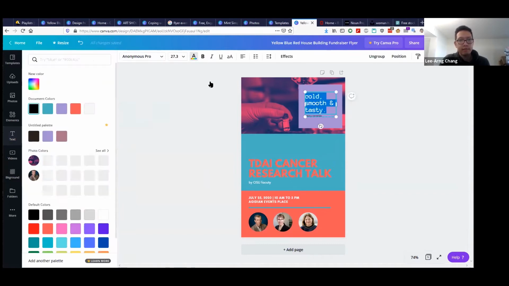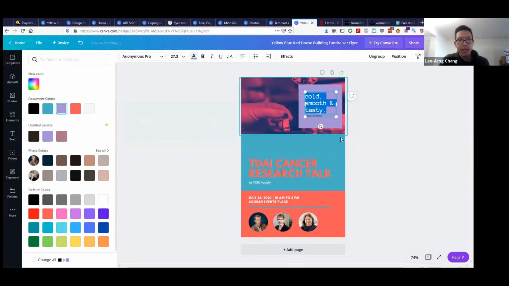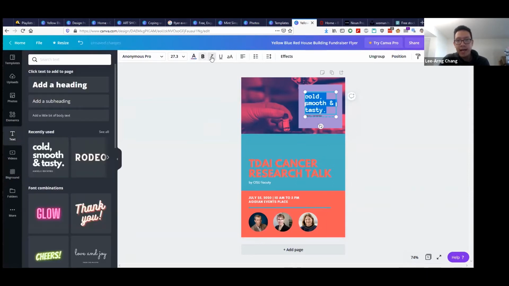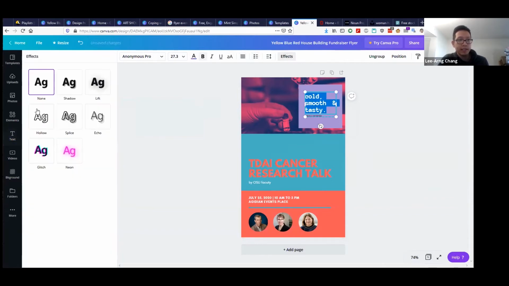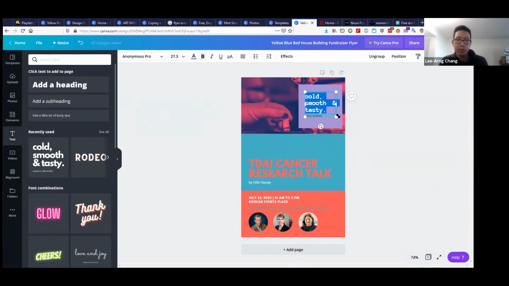Again, lots of different options here: changing the color of the text, making it bold or italic, changing the size here, center justified, left justified, right justified. If you want to make bullet points or add different effects, you can also do that here. So very similar to PowerPoint. I think it's just a little bit more powerful, and just being able to see the templates gives you a big advantage over PowerPoint in terms of being creative and utilizing already pretty aesthetically pleasing graphics and templates.